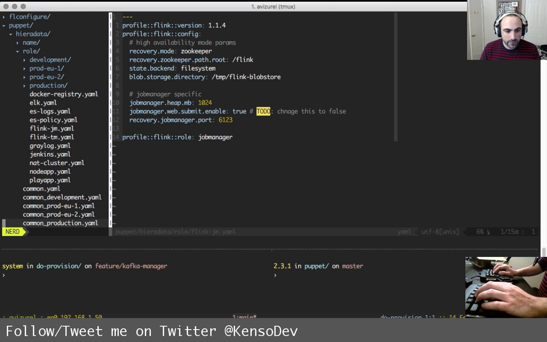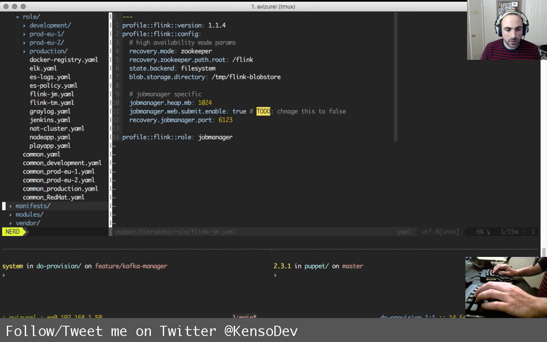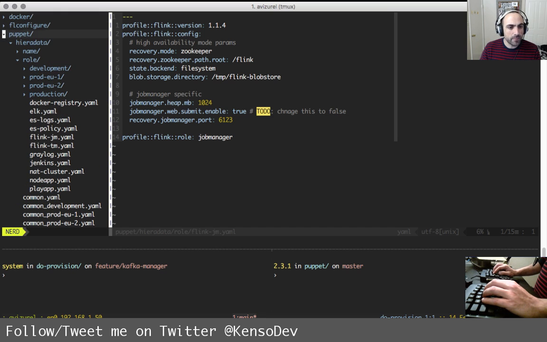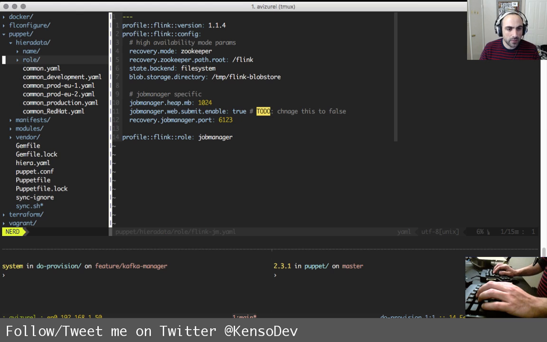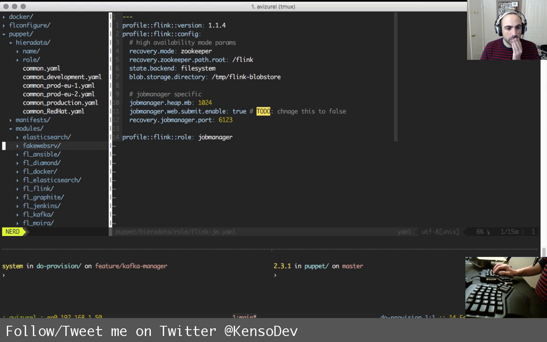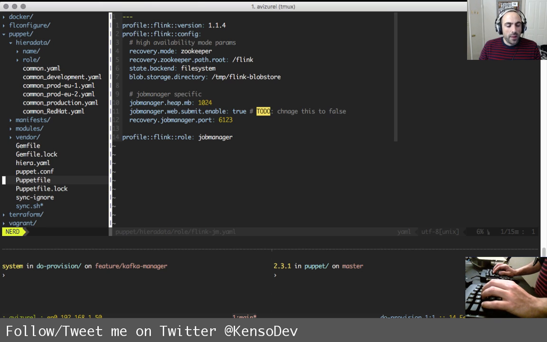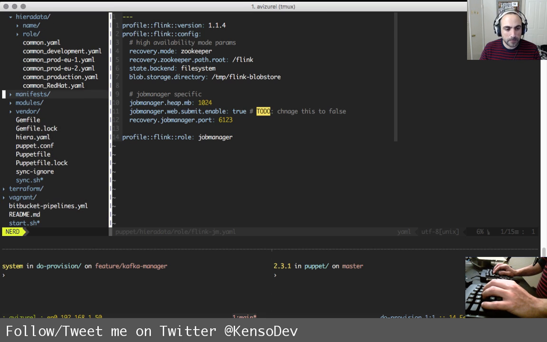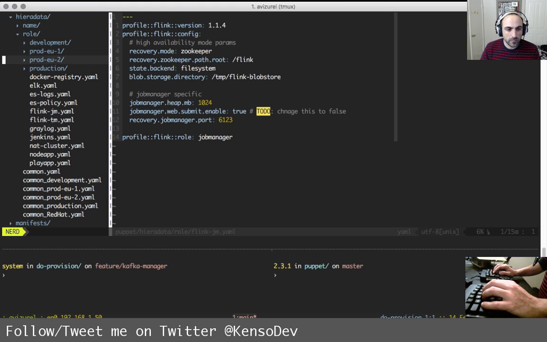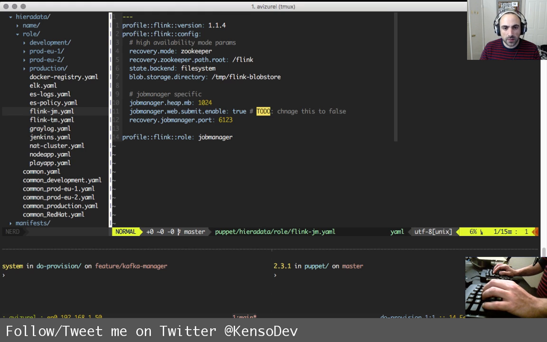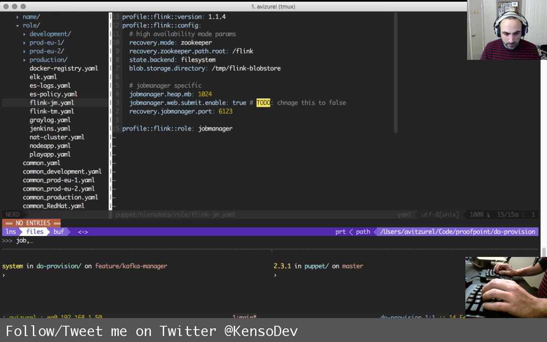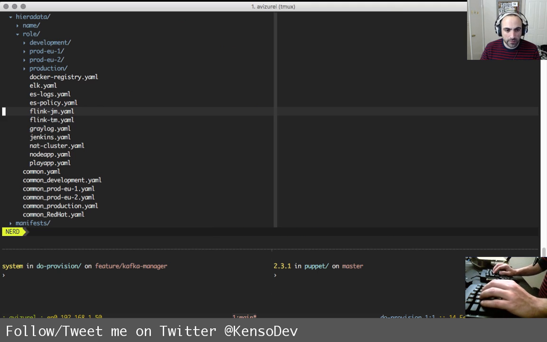Okay, what I want to do. Recovery, zookeeper, profile flink role is job manager, which we don't have here.